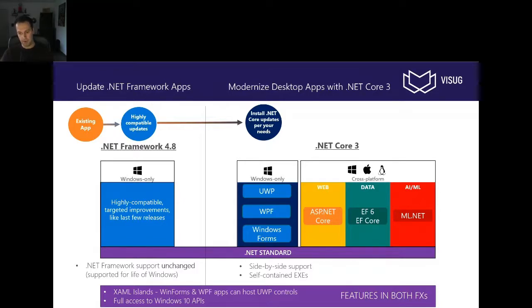If you're working on actually delivering new features to your application, or you're going to start a new desktop application project, then you should probably think about going to .NET Core. And then you're immediately future-proof. There are some differences between the .NET Core flavor of WPF and WinForms and the full .NET Framework, and I will get into those a bit later. But overall, you should be good to go.